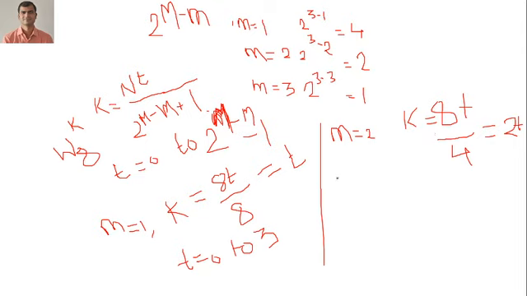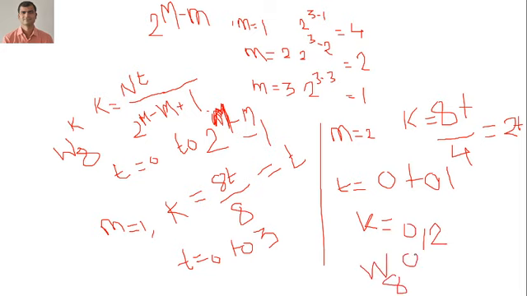Now the range of t. The range of t is valid for 0 to, so let me calculate, 0 to 3 minus 2. So it is equal to 1. So 2 raised to 1 becomes 2, 2 minus 1 becomes 1. So it is valid for 0 and 1. So the range of k is valid for when t is equal to 0 it becomes 0, when t is equal to 1 it becomes 2. So that's why we are getting here the twiddle factor exponents as W8 0 and W8 2.